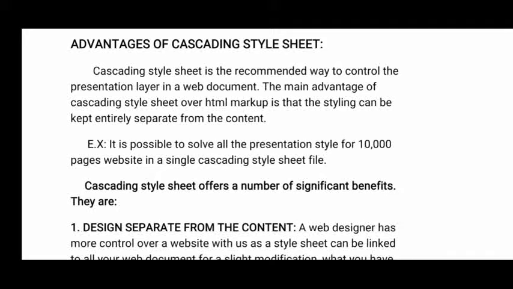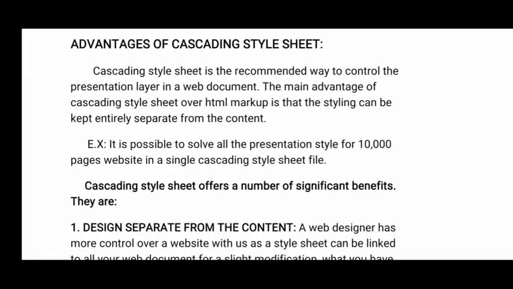So when you are designing a website and you are writing the same code 100 times, it will decrease the performance of your website, right? Because the same code is repeated a number of times, the same code has to be loaded a number of times, so it will decrease the performance of your website.